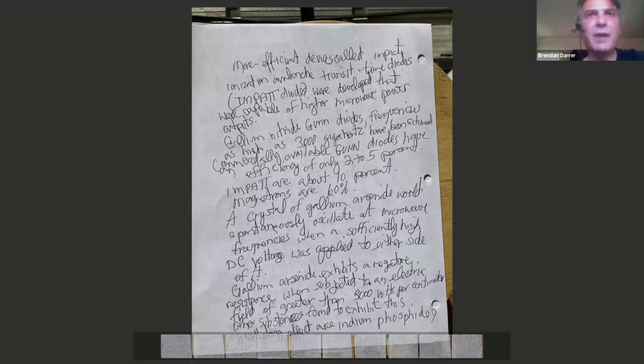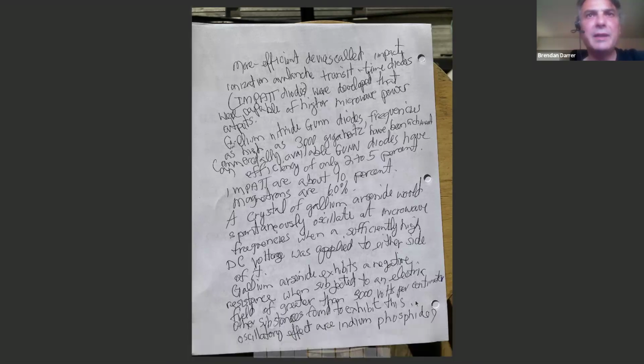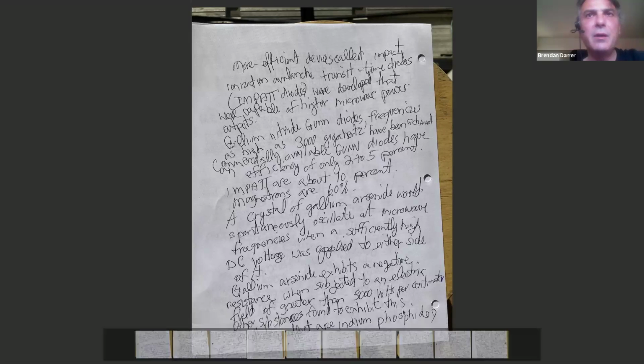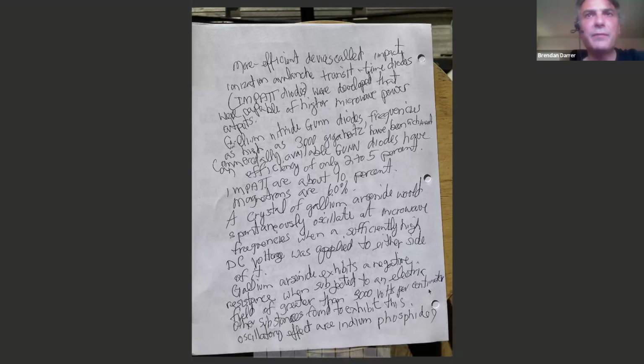Gallium arsenide exhibits a negative resistance when subjected to an electric field of greater than 3000 volts per centimeter. Very important. That is really important again. Other substances found to exhibit this oscillating effect are indium phosphide,